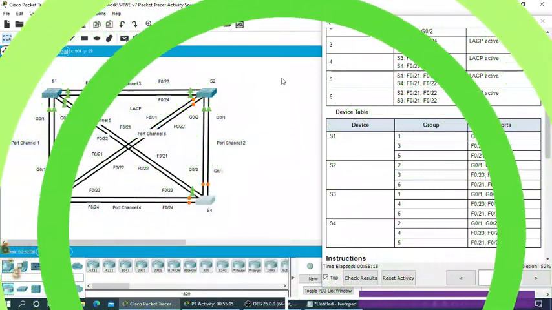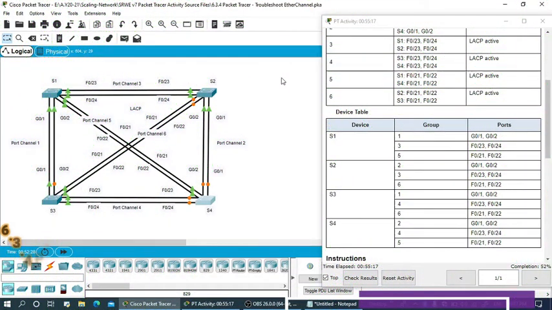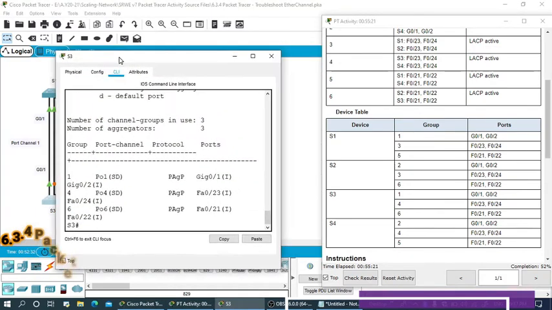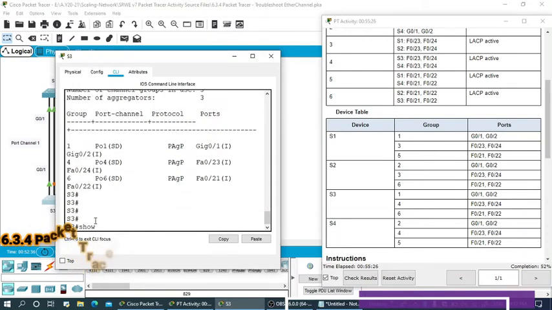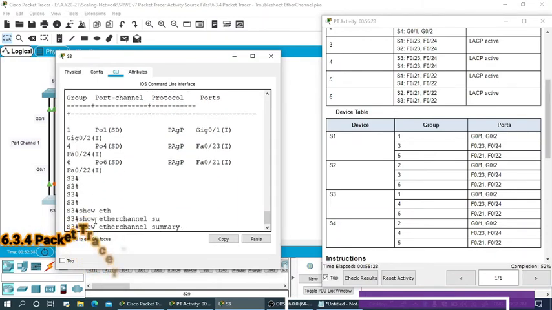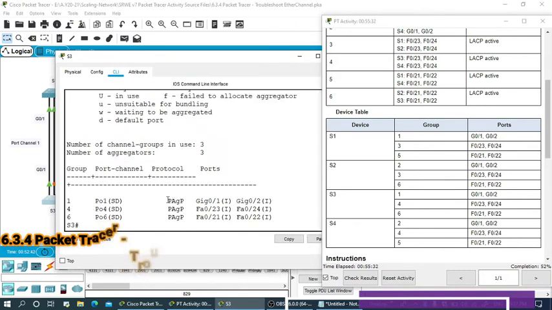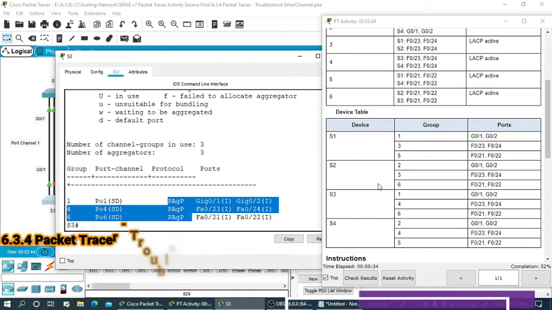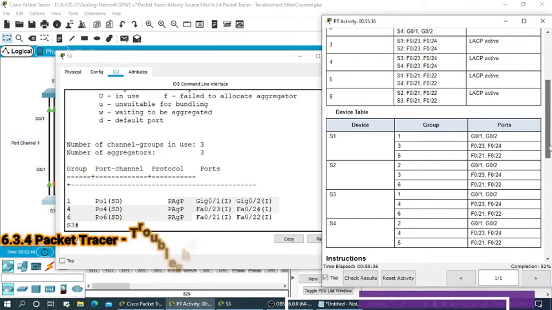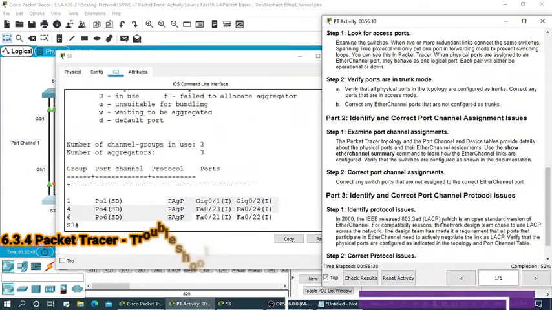Okay, now we can go to switch 3, and we can check show etherchannel summary. Yeah, but here you can see they are using PAgP, but what it mentions is that we need to use LACP.